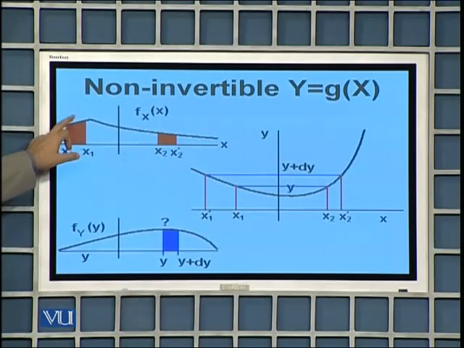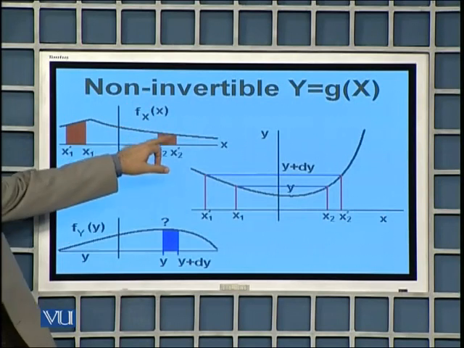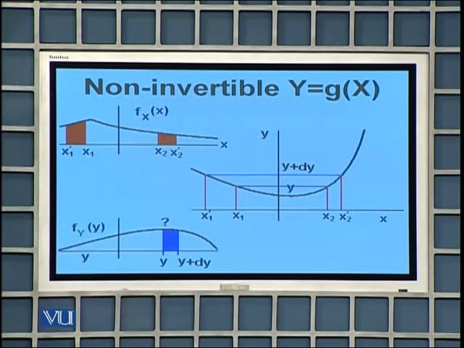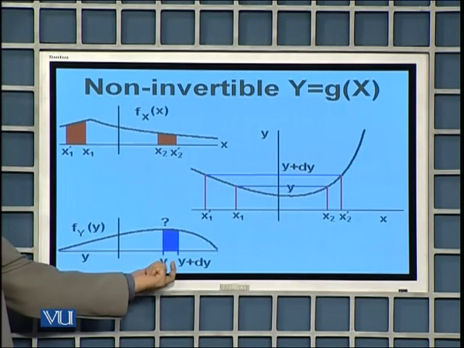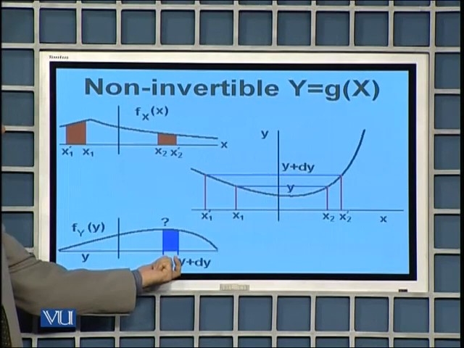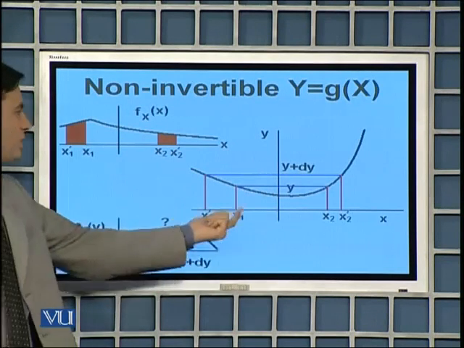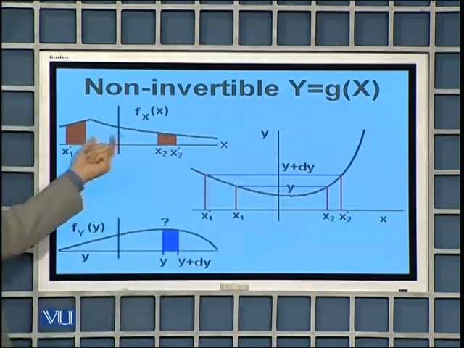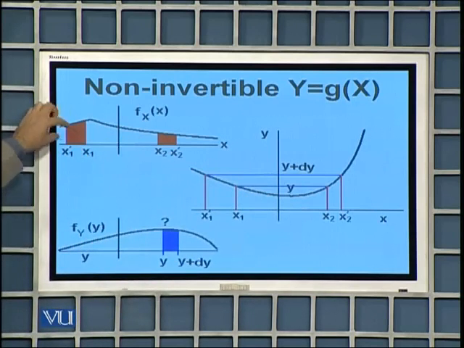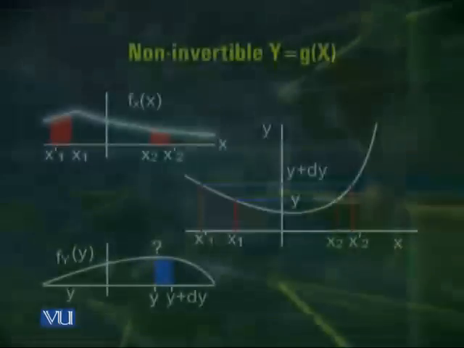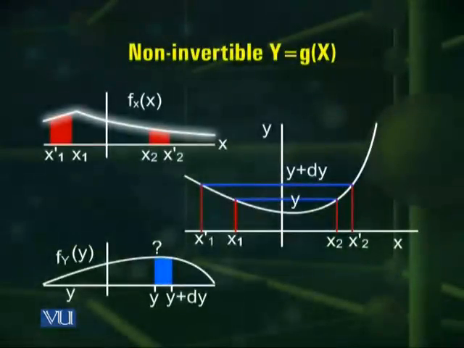So the sum of the probability of this event and the probability of this event is equal to the probability of this event. So how do you find the probabilities of these two events? Assuming that this is a very narrow interval with width only dy, then these two are also narrow intervals on the x-axis,